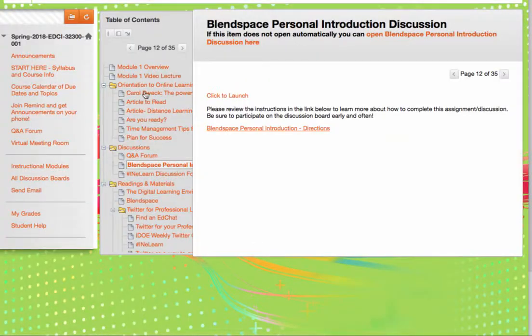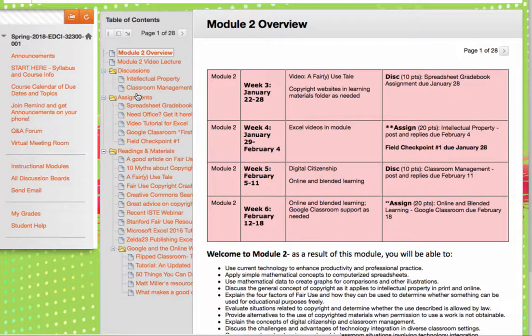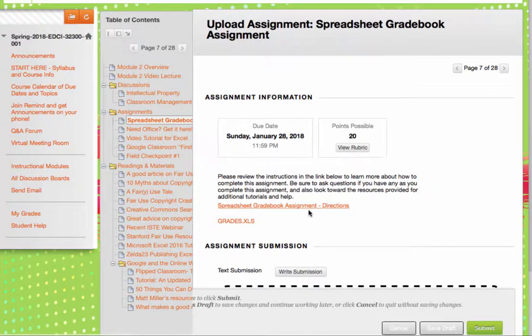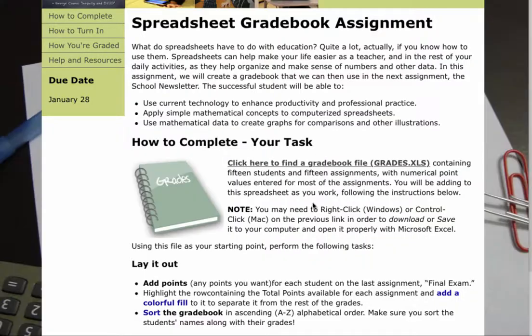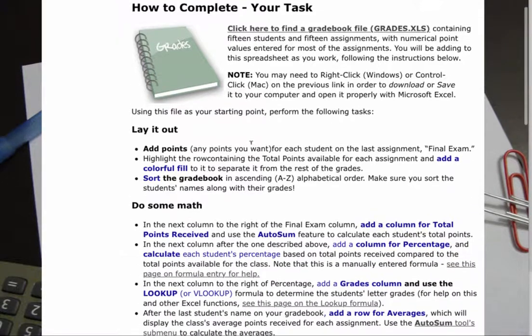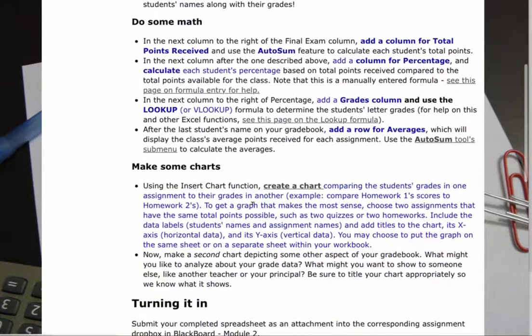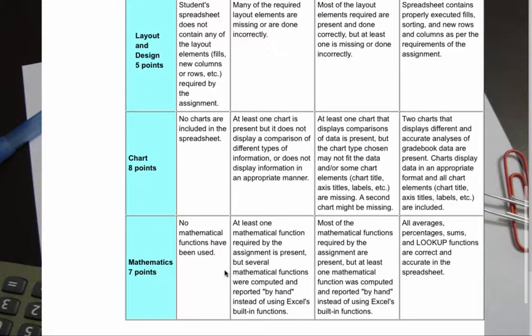So I'll show you a different module where you'll see an assignment rather than a discussion, but you'll see they're very similar. In Module 2, there's a gradebook assignment. You'll get some information, and there's the directions. So you could open up that page. It's usually a separate page with all those directions in it, telling you start to finish how to start, what to do, how to complete the assignment, and then how you're going to be graded